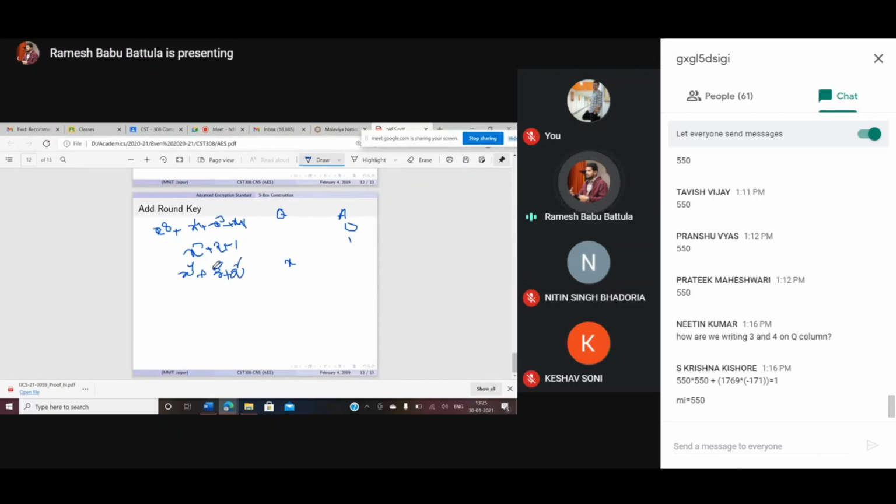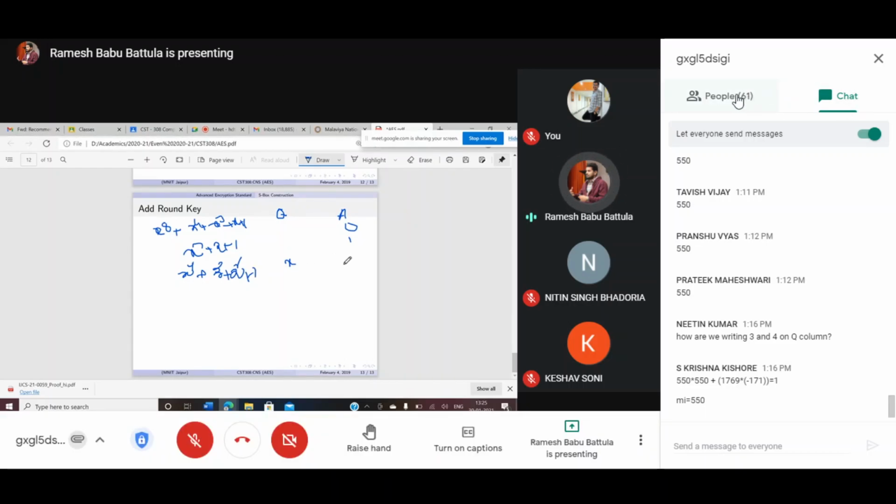Then x square is there. x and x are both going to be cancelled. That's why the remaining one is going to be plus 1. That's why the remainder is going to be x to the power 4 plus x to the power 3 plus x square plus 1. This is the value.